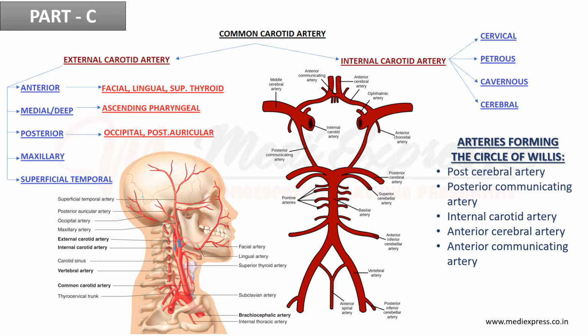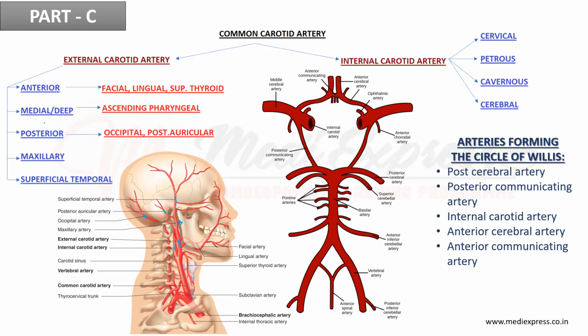You can see over here, we have a superficial temporal artery. Then we have a maxillary artery, so you can see it is going behind the mandible. Then we have a posterior branch, which divides into an occipital artery and a posterior auricular artery. You can see the posterior auricular artery over here, as well as the occipital artery, which goes to the